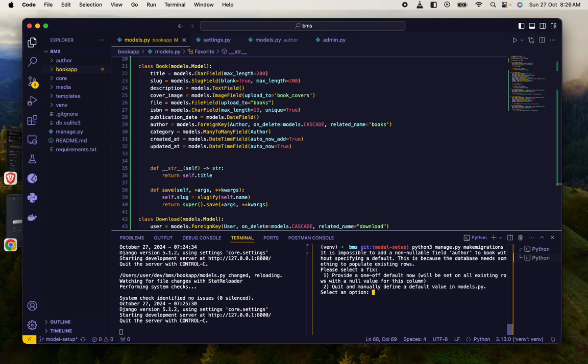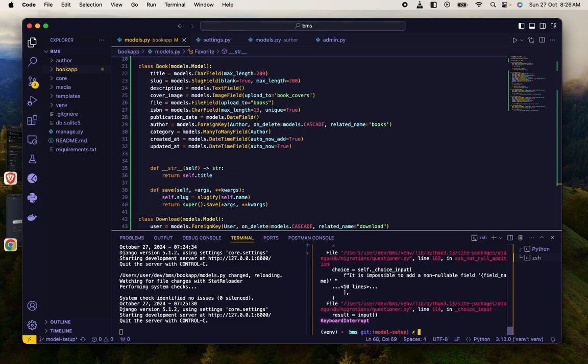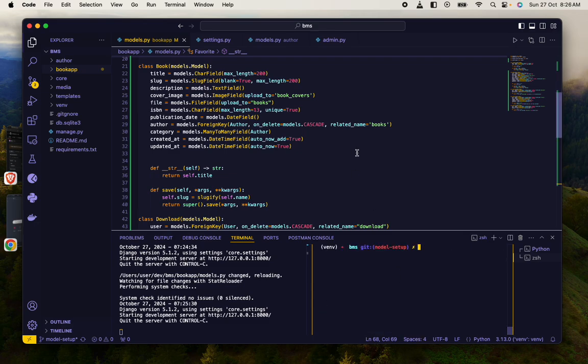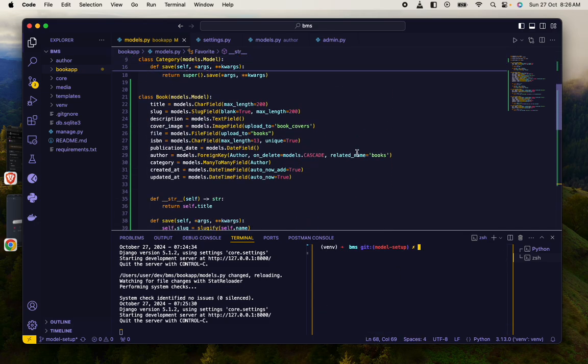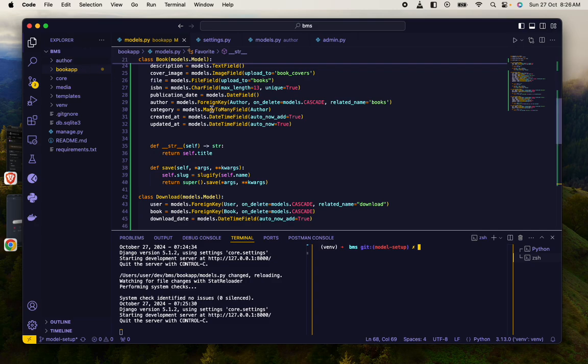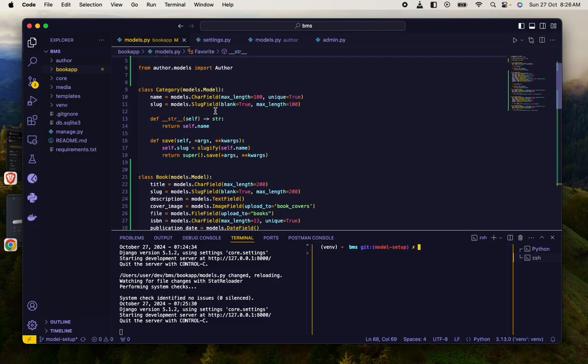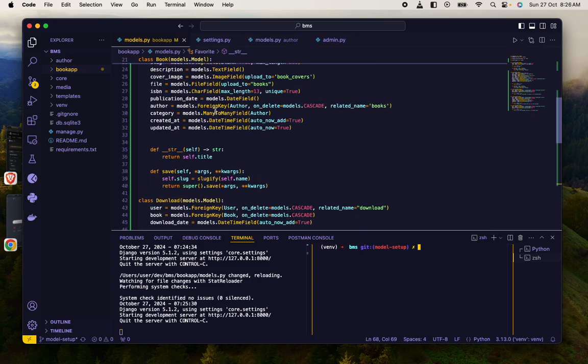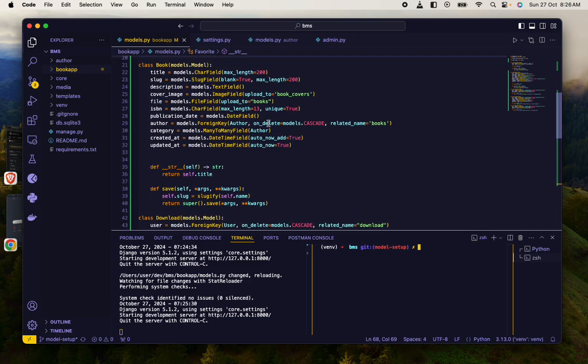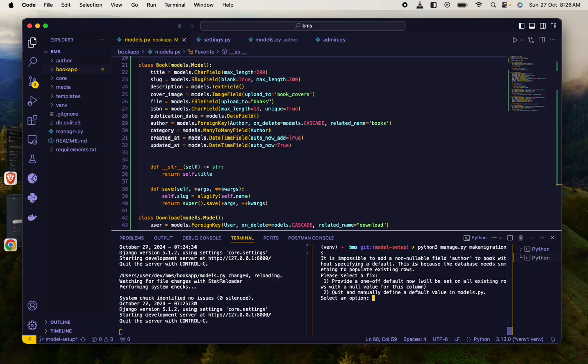And makemigrations is a script that prepares you for the migration. It says without specifying a default, not nullable. Okay, so let's stop this from going on, and let's see what is going on with that. It's telling us that the author, okay, I think that's the author section, author, yeah. Okay, so let's work with that. Python manage.py makemigrations, and